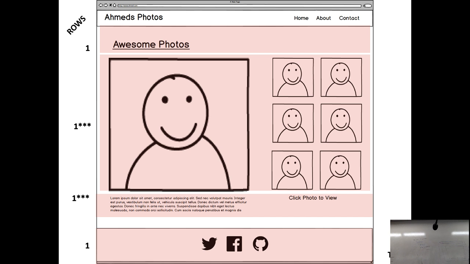It's kind of easier to put it over here, or you can move this over, it depends, because I want to make sure that these two align, right? That's why we move the click photo to view with the text at the bottom. Okay, what about columns now? First row is easy, one column. Second, how many columns does the second one have? Two or three.